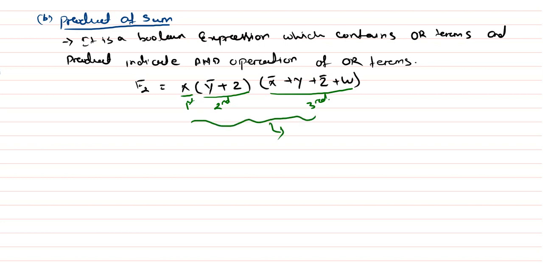So these are OR terms, and these OR terms are combined by AND operators. So I have told if nothing is there, simply multiplication and simply xy is written, then it is AND operator. So here we can say these OR terms are combined with AND operator. So this is a product, means this is a product of which term? Product of OR terms, or we can say product of sum.